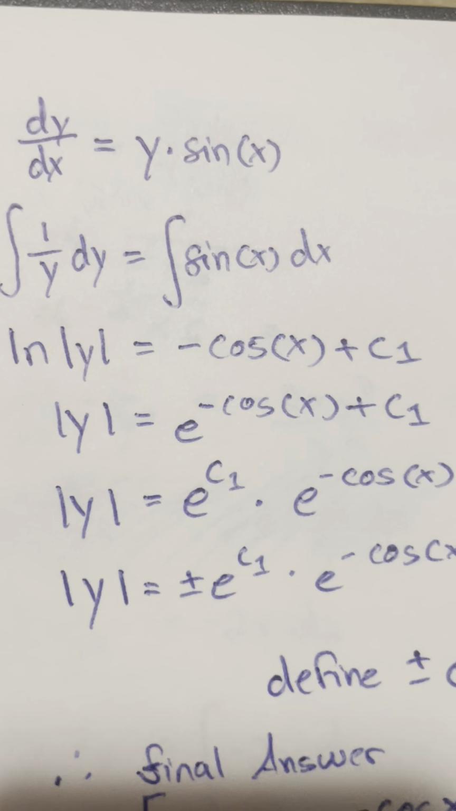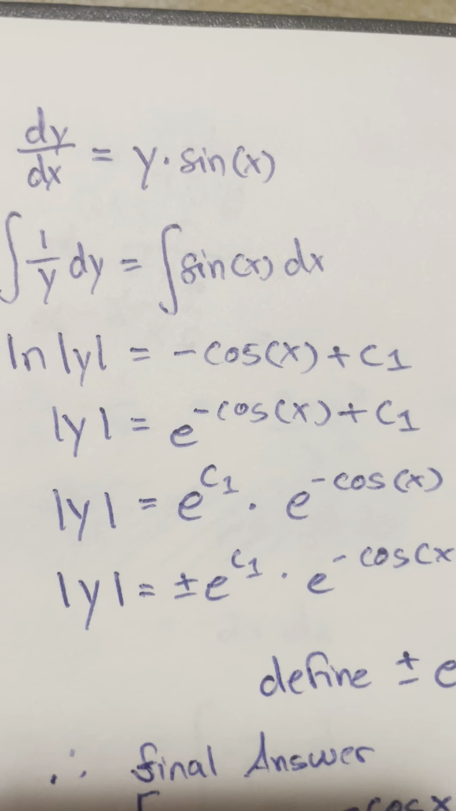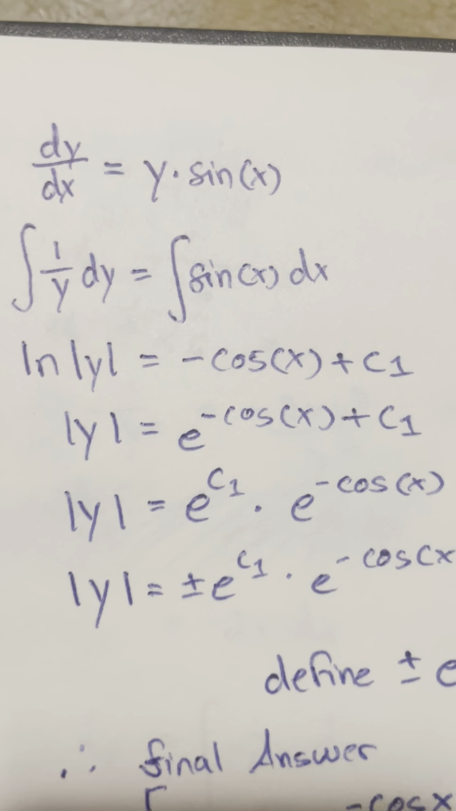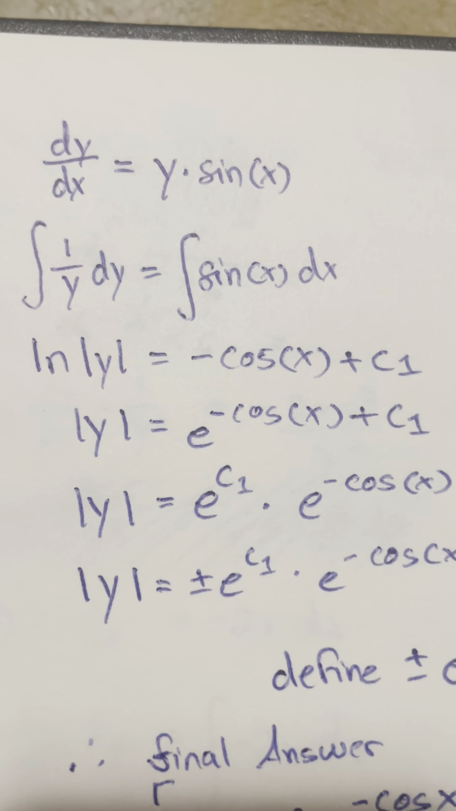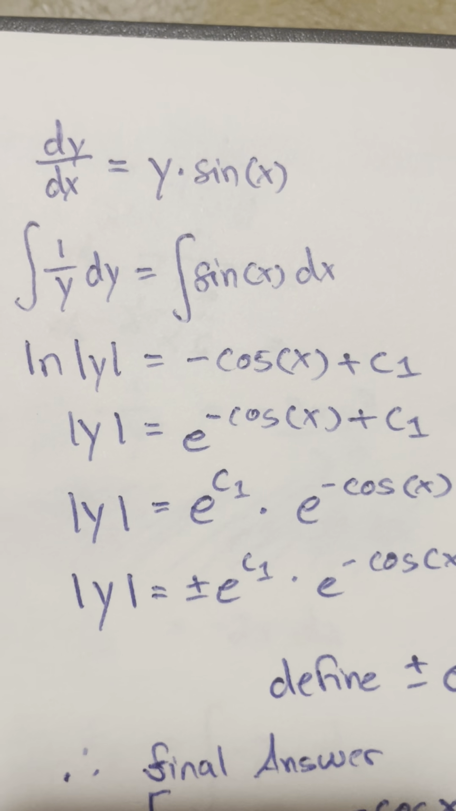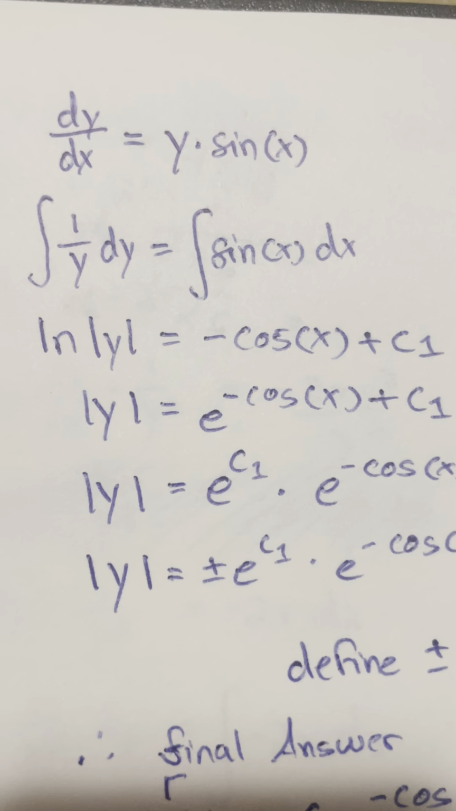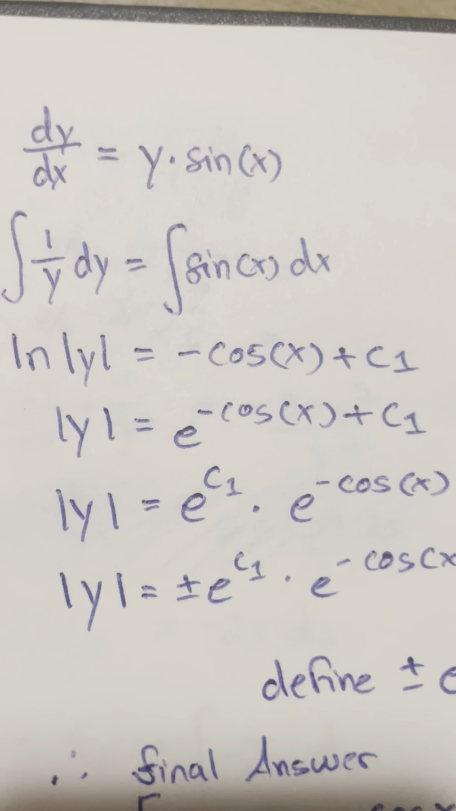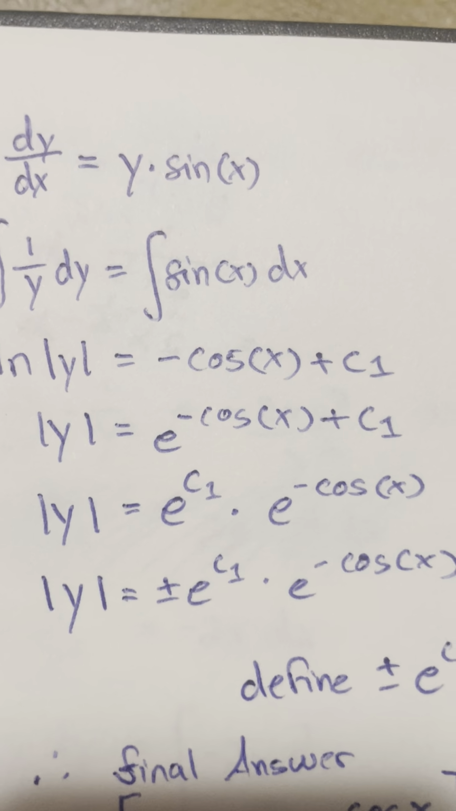So now what we can do is turn the right side into a function of e to remove the natural log from the left side, because remember, natural logs are related to the exponential function, right? So to get rid of it, we can apply the exponential function to both sides, and now we get absolute value of y is equal to the exponential to the power of negative cosine of x plus c1,